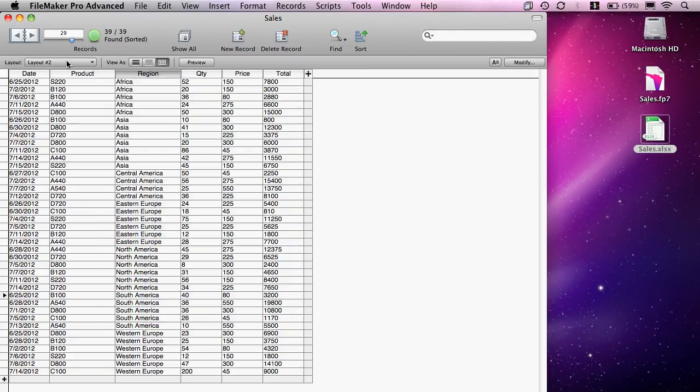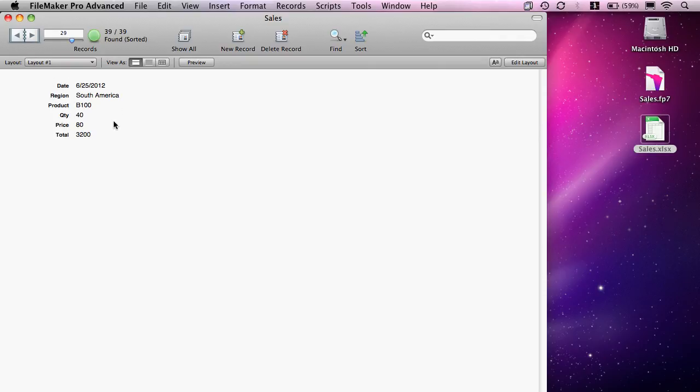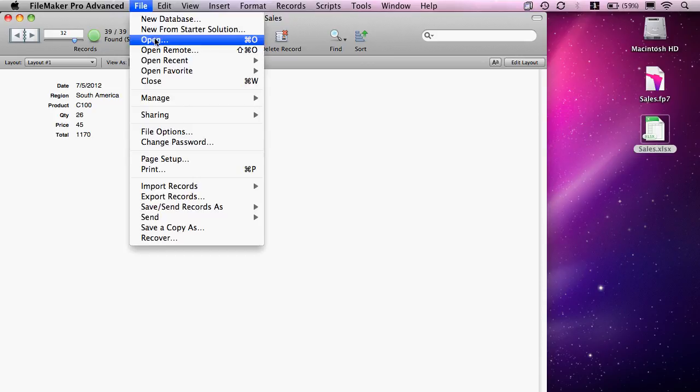The other layout FileMaker created was layout number 1, a more traditional form view layout, where you can see one record at a time and use the book to flip from record to record. Alright, so now let's say we've got a FileMaker database and we want to import some Excel data into it rather than starting up a whole new FileMaker database. So instead of using the open command,